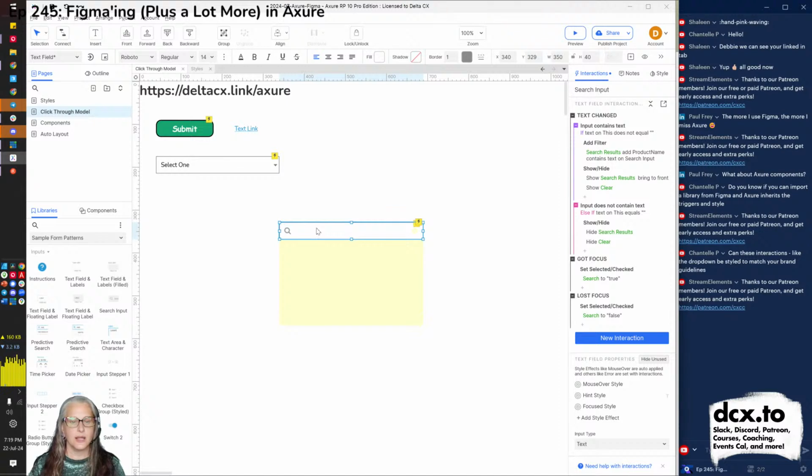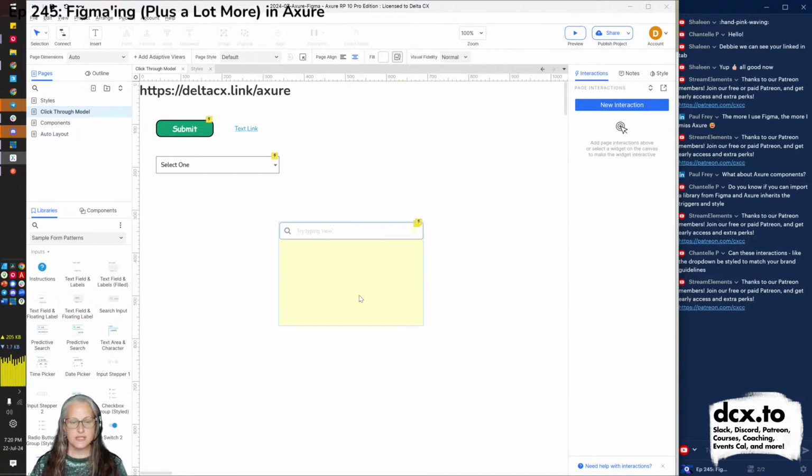So what does that look like? As you can see, there's a whole bunch of interactions happening in the background. You don't necessarily have to be able to write them. This came pre-made, but you'd have to know some things about Axure if you want to change this layout, change these colors, change what people can search through so it's not just all new release, change what some of these things look like. So again, it's great that Axure gives you these pieces, but these pieces only go so far if you don't know enough about Axure to customize them. I hope that made sense.